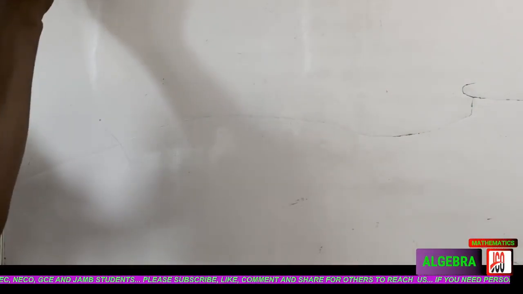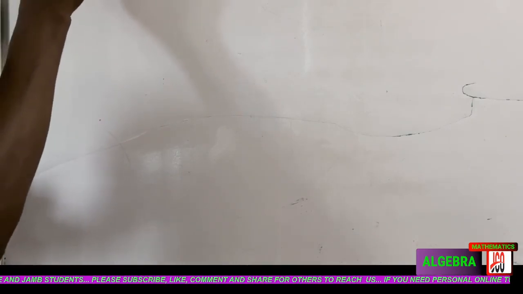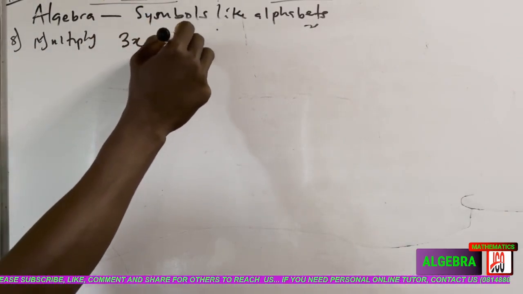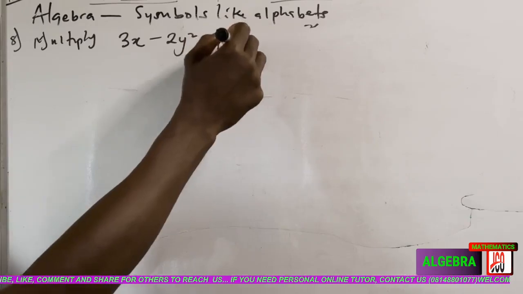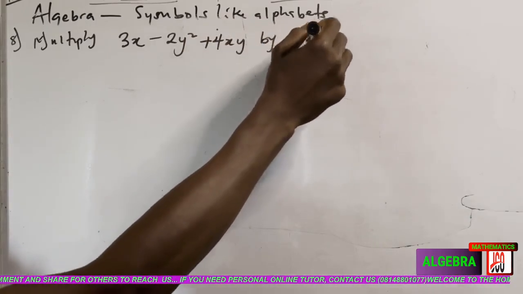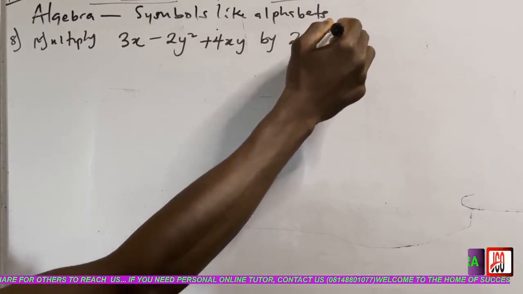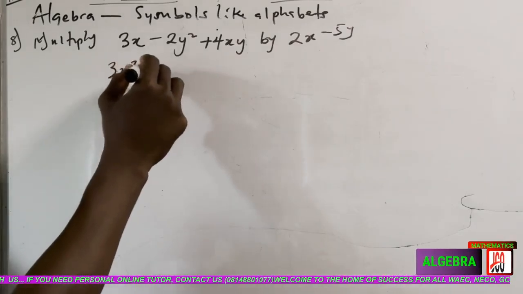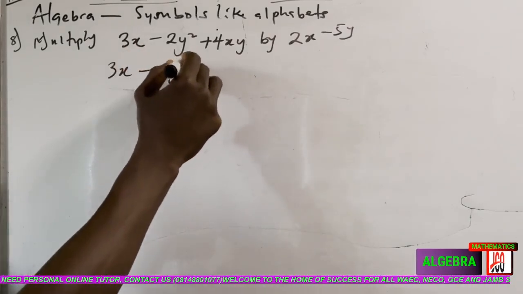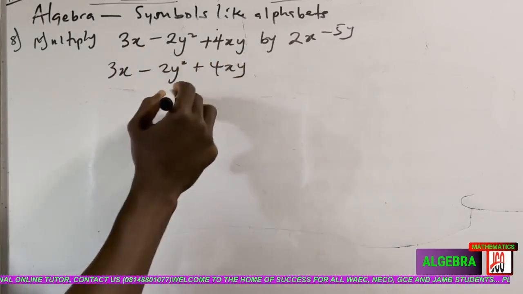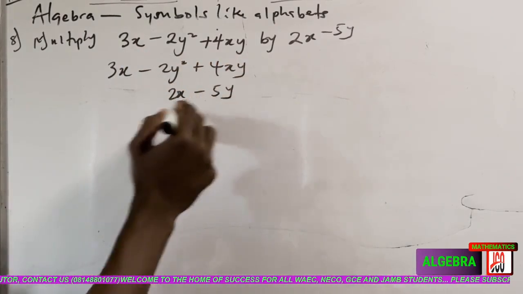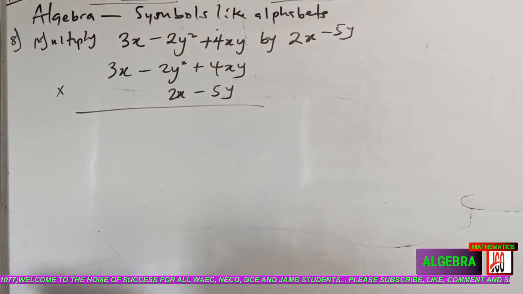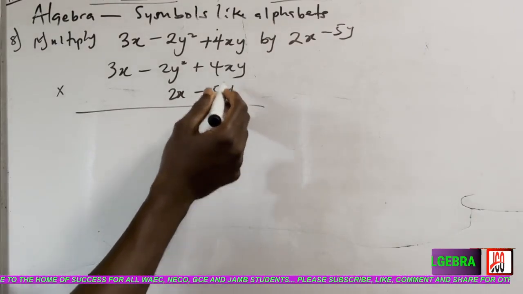So question number 8, I have: multiply 3x minus 2y square plus 4xy by 2x minus 5y. I'm going to use that same method I used just now. 3x minus 2y square plus 4xy, and I'm going to have 2x minus 5y. So I'm multiplying them. So, going on, minus 5y times